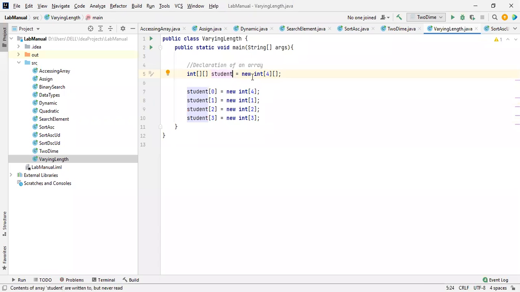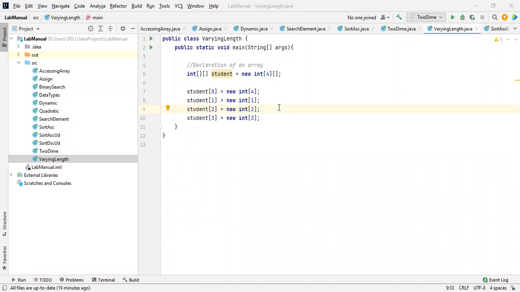See, the first one in this space, I'm going to store 4 elements. In the second, we are going to store only 1 element, inside the third we are having 2 elements, and inside the fourth we are having 3 elements. So each and every condition is being checked over here. Now let me print the size. Let me assign the values one by one.